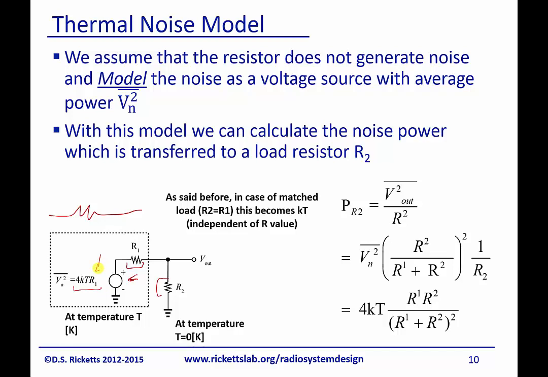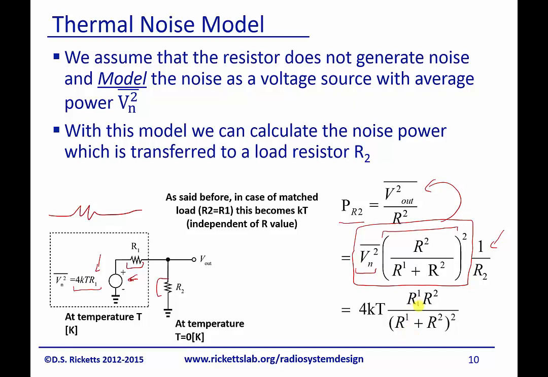Well, let's look at how much power is delivered, because what we measure is the noise power. We know that the power on resistor 2 is just V squared over R. So let's figure that out. We've got our input, Vn squared, and we've got our resistor divider right here. And all of this is our V squared out, and then we divide it by R. And if you go through the math,